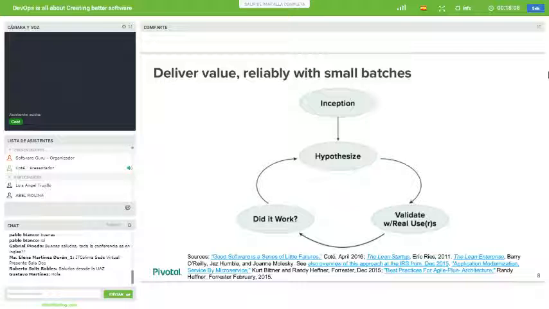And putting it in front of end users, you can probably start to think, is a huge part of the value that something like DevOps brings you, where you can deploy your software every week or every day. It allows you to observe whether your theory solves their problems. And then based on that, if it didn't solve their problems, you can try to solve it another way. And if it did solve their problem, then congratulations, here's another problem you can solve. This way of chipping away at discovering and solving the problem, this kind of small batch loop, is what you see organizations using who are successful at improving their software function.